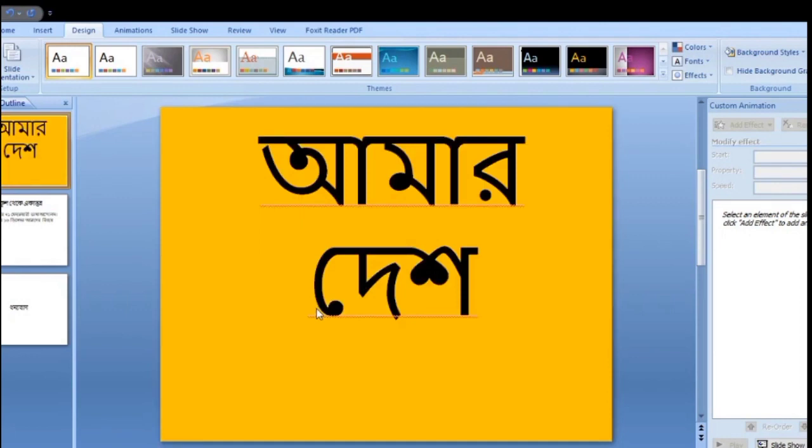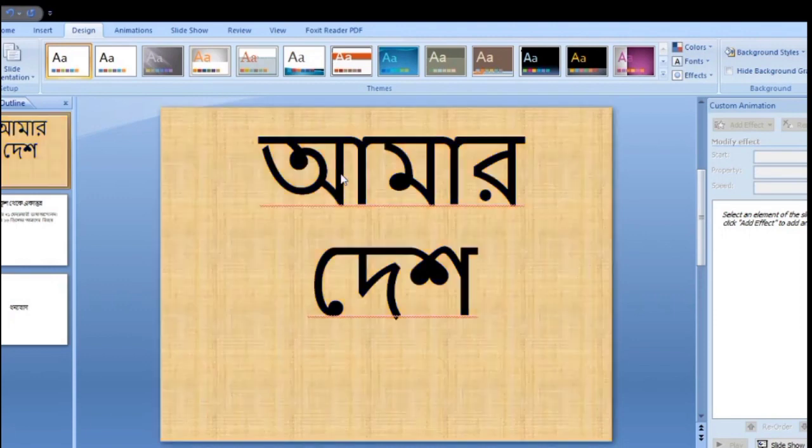Clicking the radio button now displays the background in the current color. Now click the radio button of the picture or texture fill. It activates the texture drop down, which will be viewed instead of color.